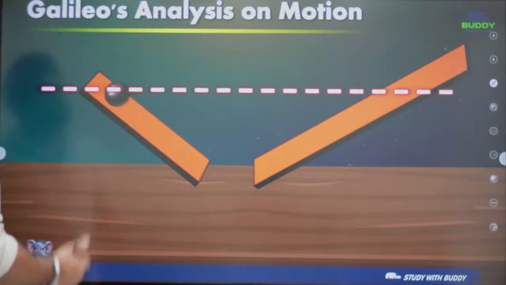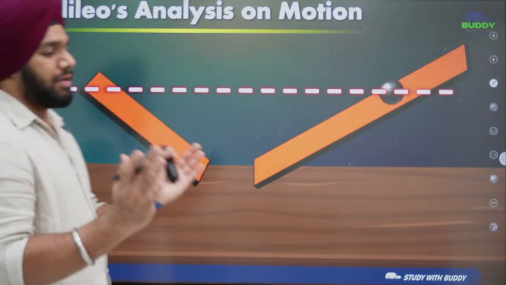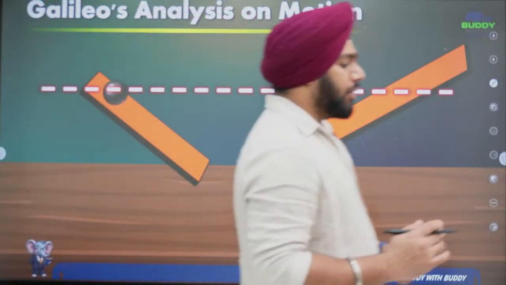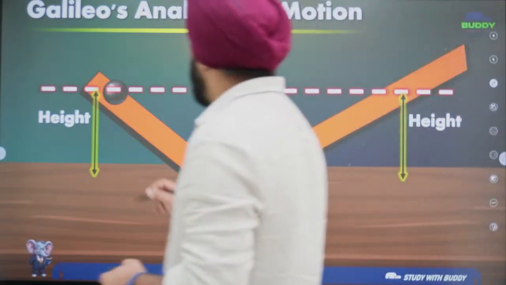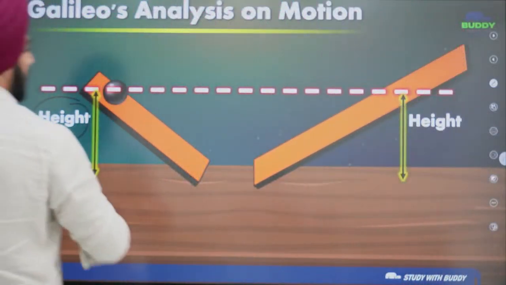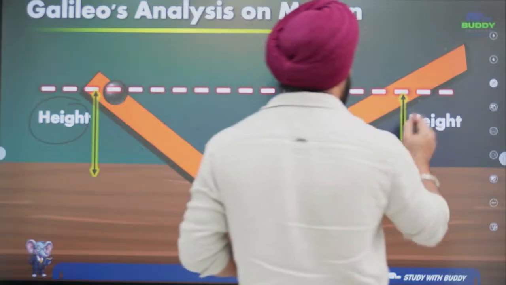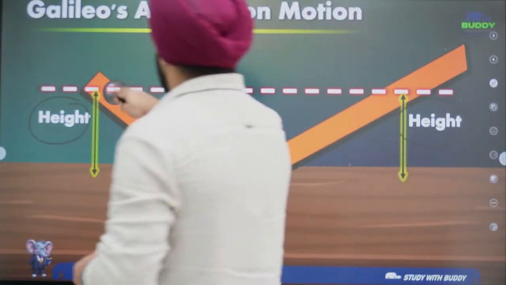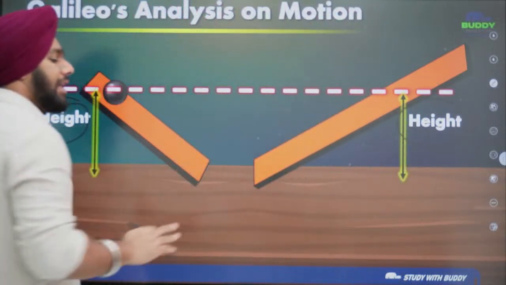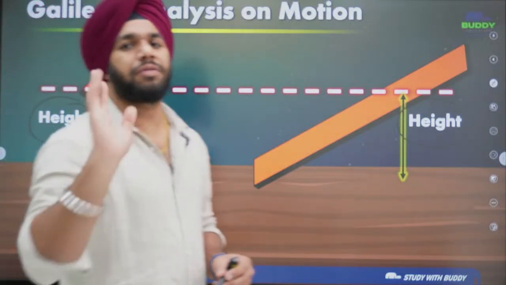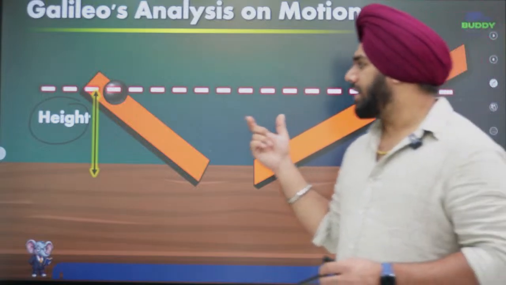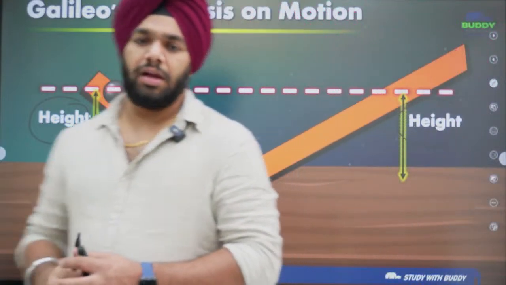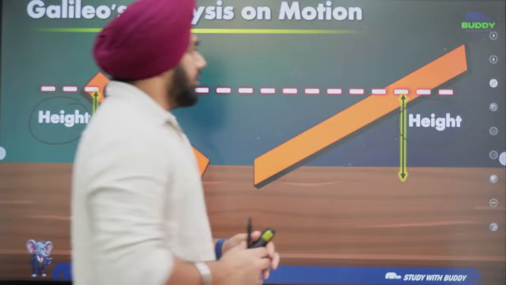He put the planks at the same angle, and he told in his experiment that yes, they are achieving the same height, right? The ball is coming down. What exactly he was trying to explain is the conservation of energy. If you think differently, you can clearly see that conservation of energy is happening. How? I'll tell you. At some height